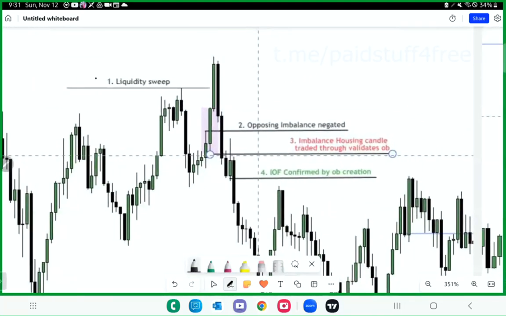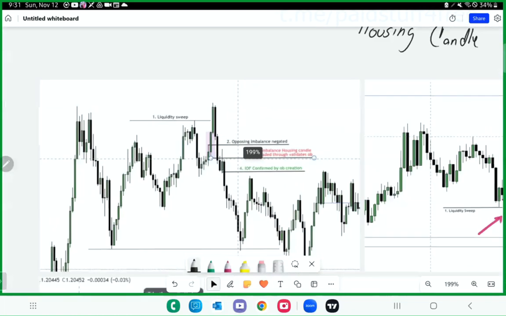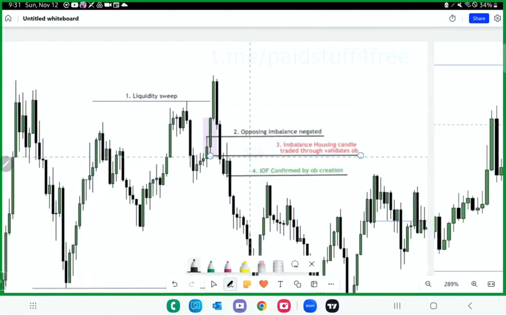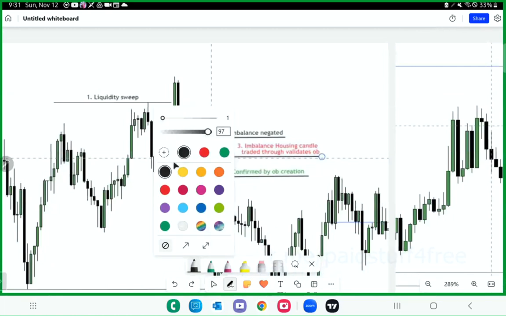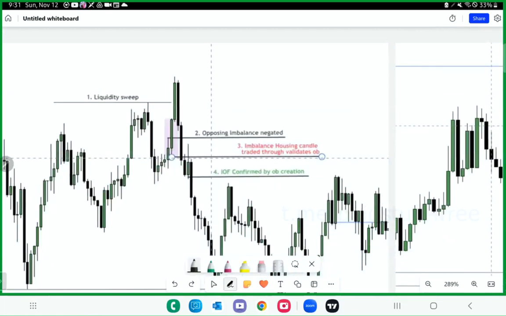Another example here, we have our sweep. Understand, guys, these are all on like a 1-2 minute time frame. We get the sweep here. We locate the imbalance within the stop punt leg. It's within this candle. This is our housing candle. Once again, if I didn't have that understanding, and I just simply went by the understanding that ICT gives us publicly, then I'd wait on the low of that candle before I'd ever make a decision. So focusing on the housing candle shaded in purple here,